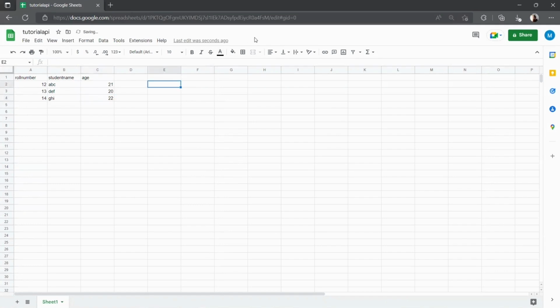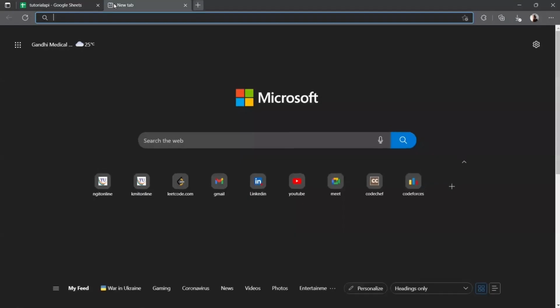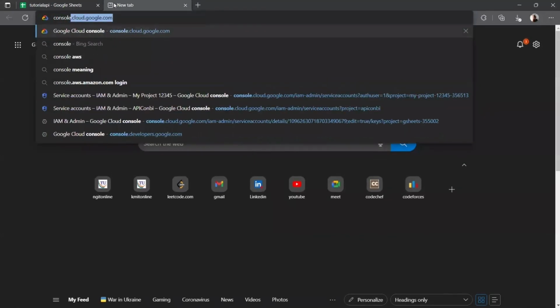Okay. Now let's save the file. Yes, it's saving. Save to drive. Perfect. Now let us log into Google's console developer. So console.cloud.google.com. You can head over to this site